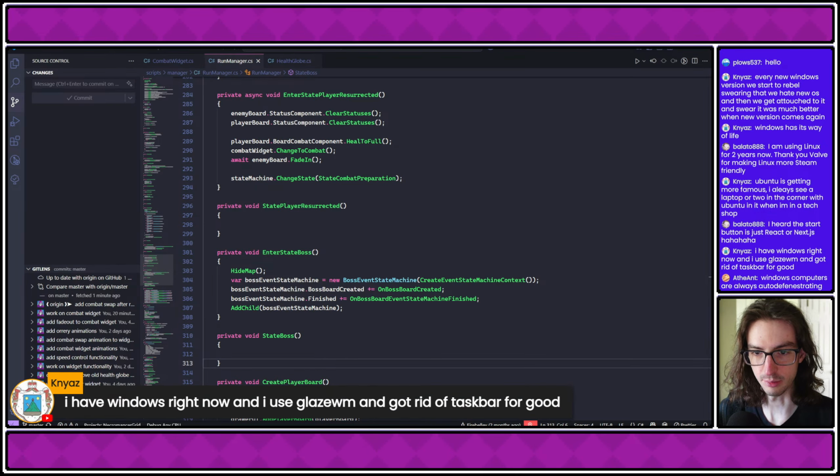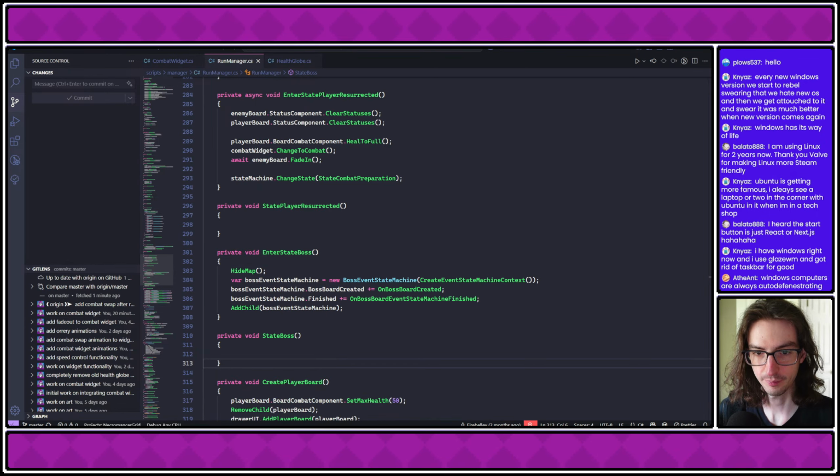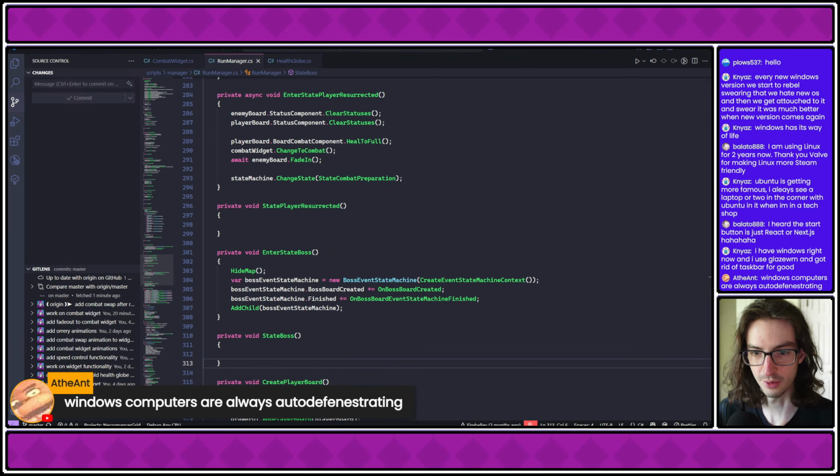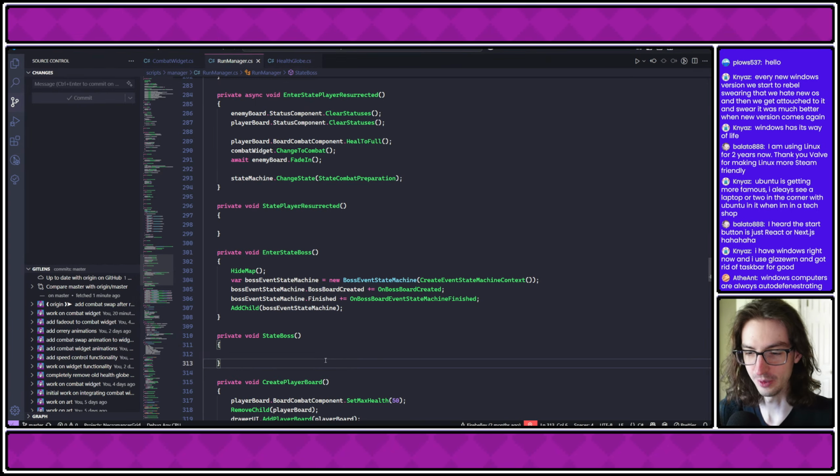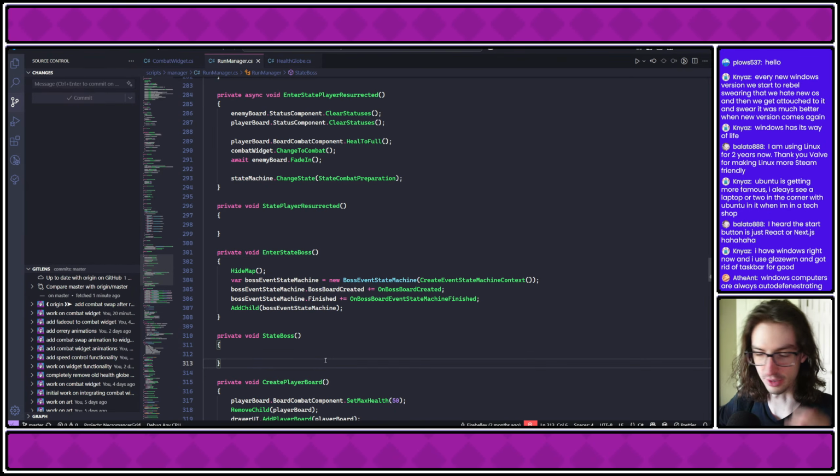Windows right now, I got glazed WM and got rid of the taskbar for good. Windows computers are always auto defenestrating. True. Yeah, I mean every Windows PC I've had, it just degrades over a period of years and then you